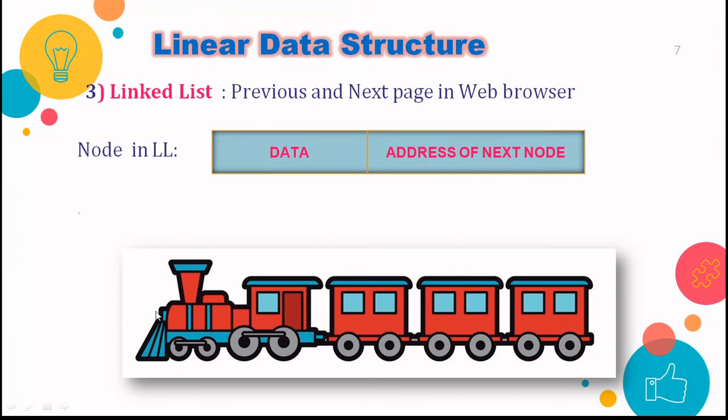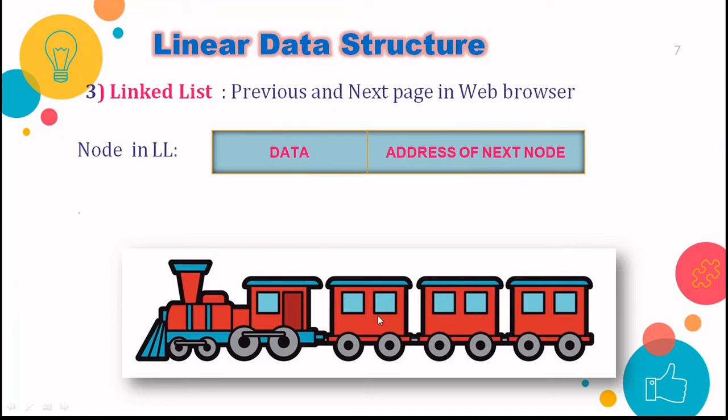But coming to the real life example, if I talk about this train, right? So this is the starting bogie of the train, and all of them are attached together. So they are linked to each other, just like a linked list. And here we have some handle with the help of which this is attached to this. So because of some mechanical connection here, they are connected, right? So both of them are connected, right?